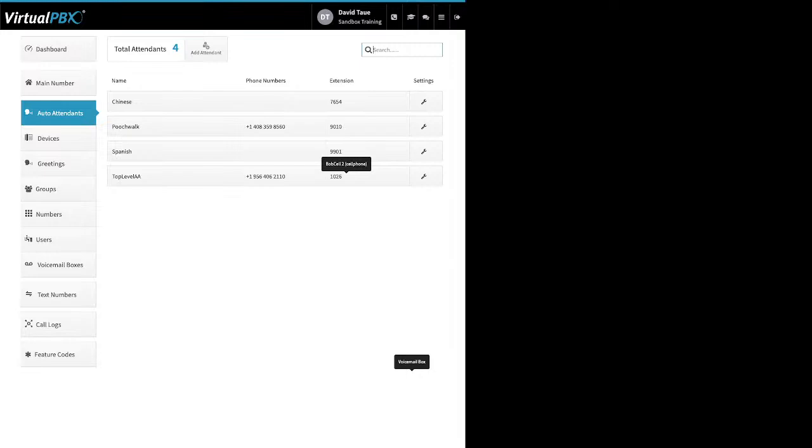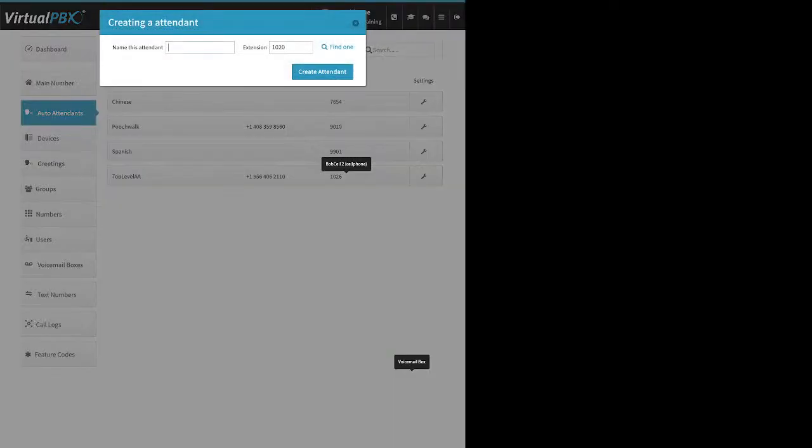One is for submenuing. So you want like an English menu and a Spanish menu. So when people call your main number, you say, hey, for English, press 1, for Spanish, press 2. You would come here and add attendant, give it a name, give it an extension number, click on create attendant. The extension number, your customers are probably never going to know, but your staff members could know